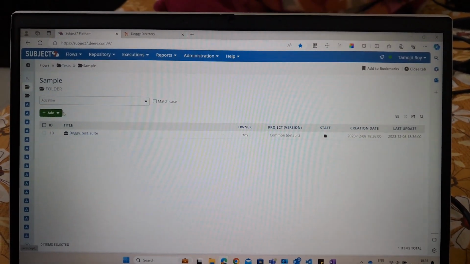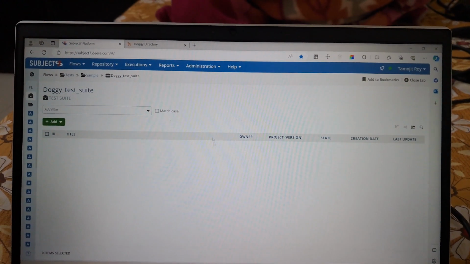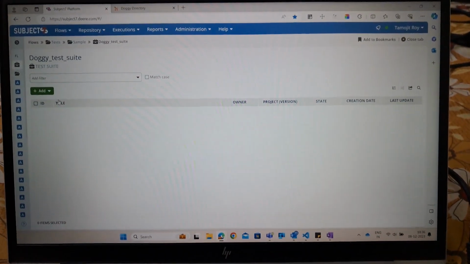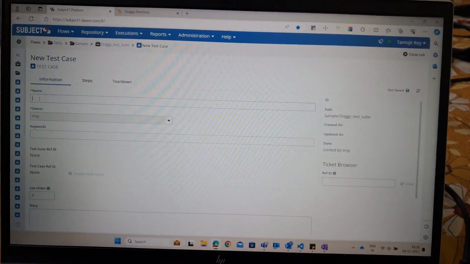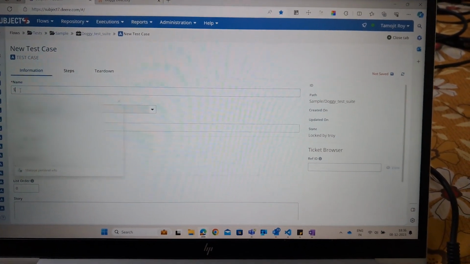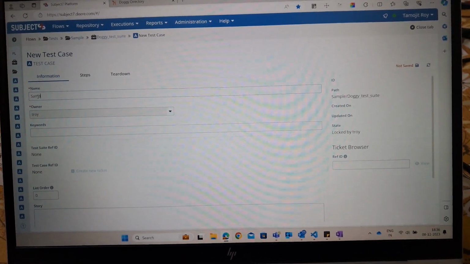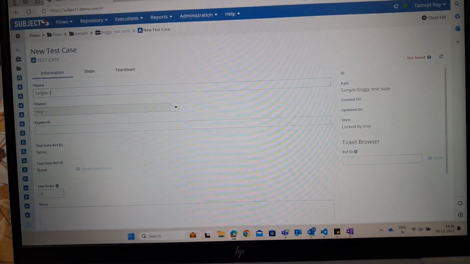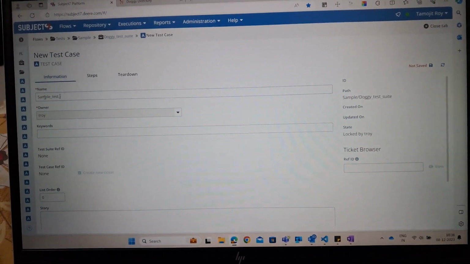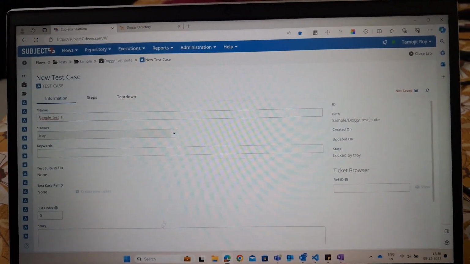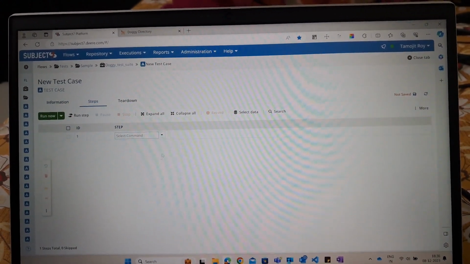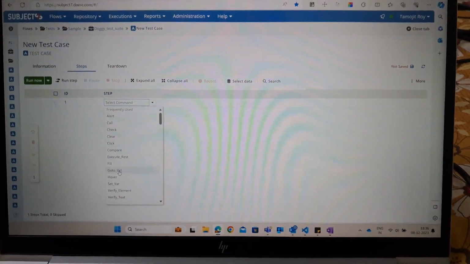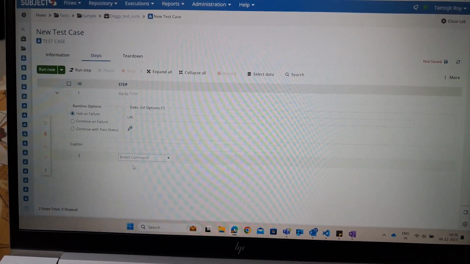So now I'm going to open this test suite, and inside of it we can create the test cases. For creating it, you have to click on add and automate it. This will create one automated test case in which you have to mention the steps. First of all, you have to go to the information tab and set the name of the test case which you like. As you can see, I've set the name of the test case, and then I'm going to go to the steps tab and click on